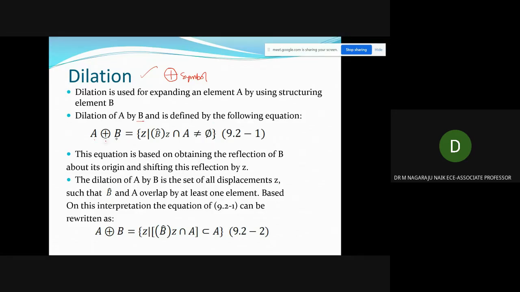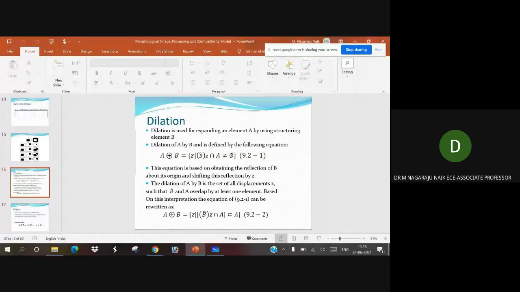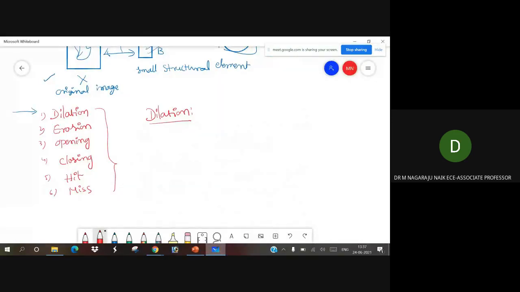A dilation with B is equal to... Dilation is an expanding function.